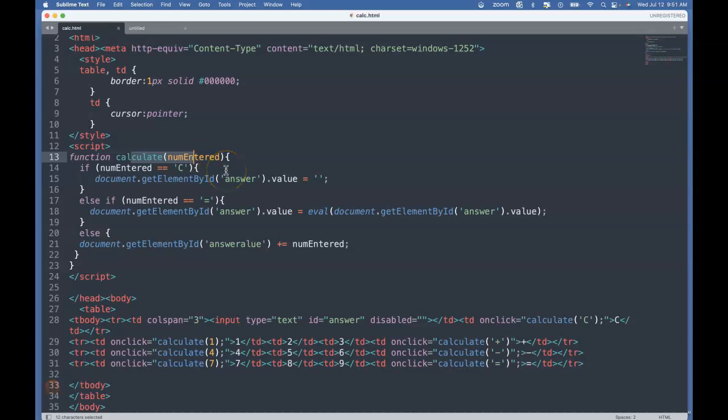We learned that the text field had a value attribute. We learned that eval will evaluate expressions. We learned and had some practice with the double equal. So, entry level fundamental stuff. But when we approach this, we should see anytime we do something repetitiously, it's time to get dynamic and think